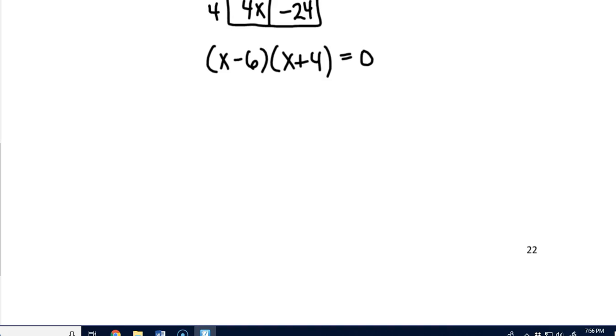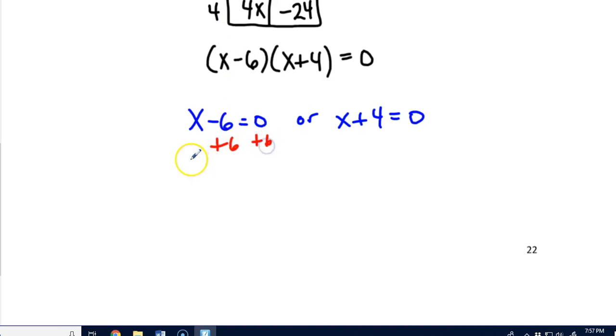Now we're going to invoke the zero product property. We're going to say, okay, let's say we have a product of 0. This times this equals 0. So that means one or both of the factors must equal 0. Maybe it's this one, or maybe it's this one. Take a moment to solve each of those for x. Okay, hopefully you did that work. So x equals 6. Okay, cool. Or